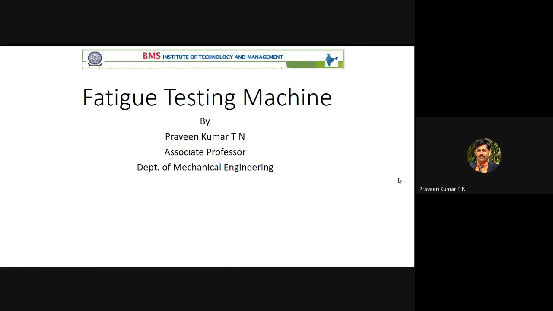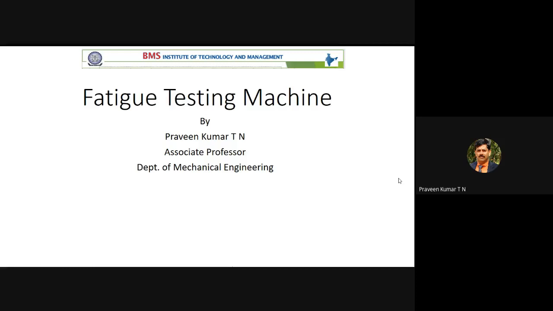Static load, it can carry 1 kg of load. When you come to fatigue load, it cannot carry 1 kg of load. When it is subject to dynamic loading, it may not carry 1 kg of load. Instead of 1 kg, it can carry only 10 grams or 100 grams. That's why for the same material, its static strength is different and its dynamic strength is different.